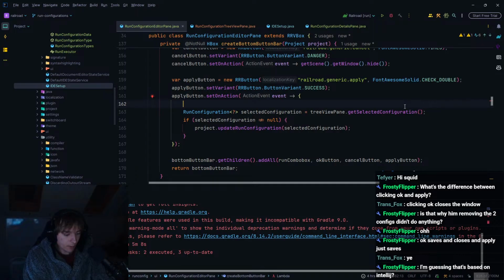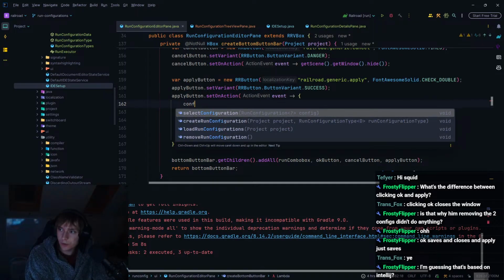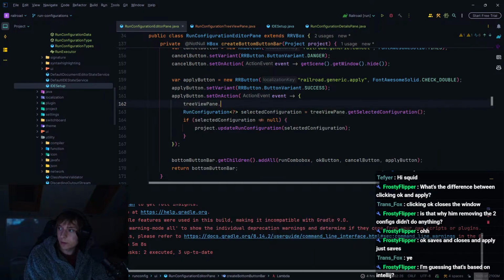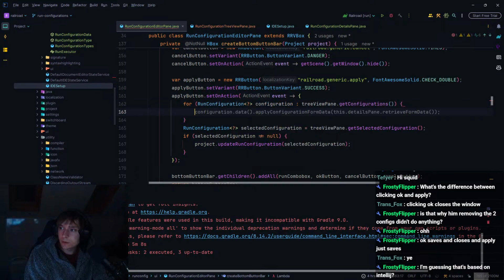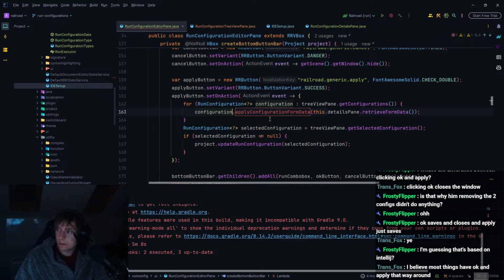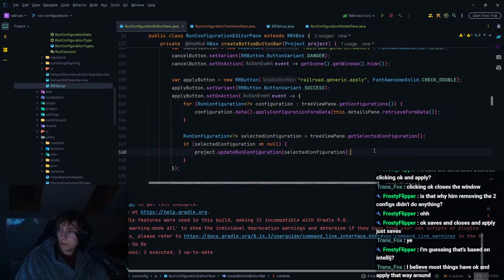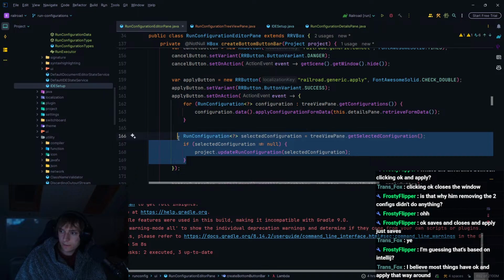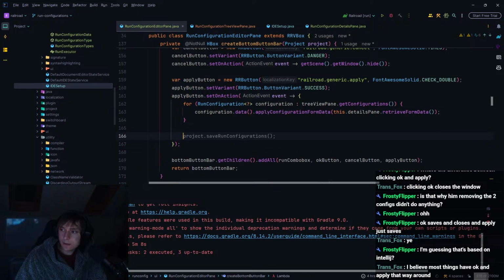So if we go configurations, which are somewhere, tree view pane dot get configurations, there it is. So for configuration in there, then we'll do configuration.data, and that will just apply the configuration. I could probably remove that data call there, but that's fine. That will do for now. So that will apply them, and then what we could do here, instead of updating the run configuration like that, let's instead just do